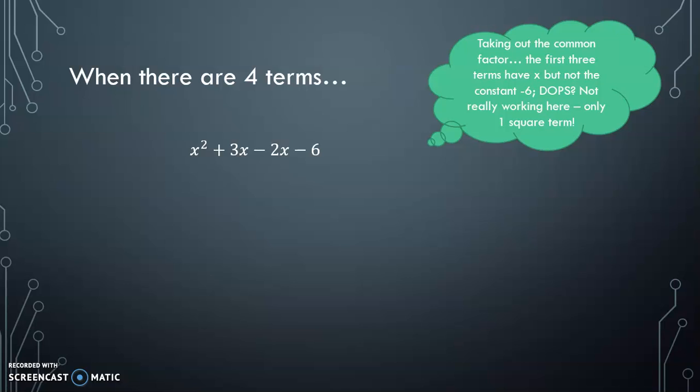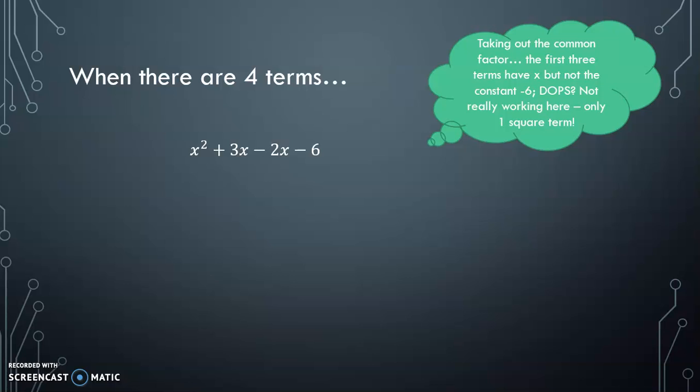Well, to think about it, factorizing means that we need to take out a common factor. But the first 3 terms of this expression have x, we can take it out. But what do we do about the constant -6? Can we use dots? Not really, we only have one x squared, and we don't really have another minus something